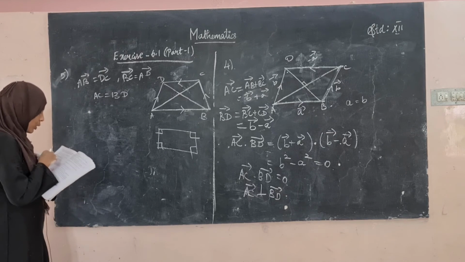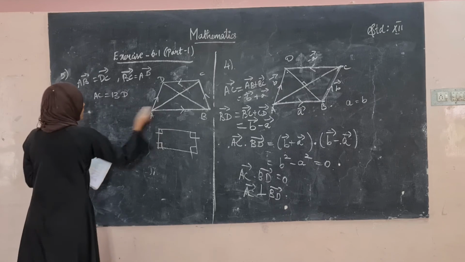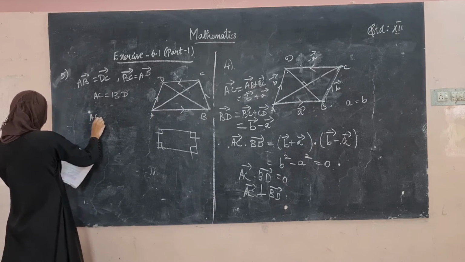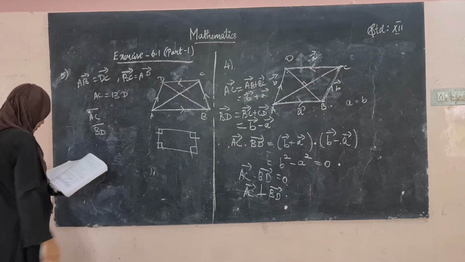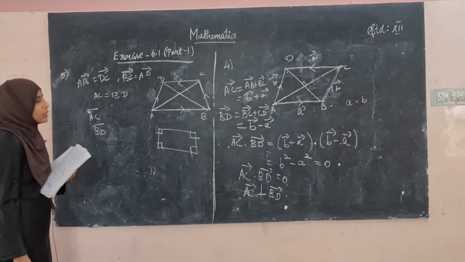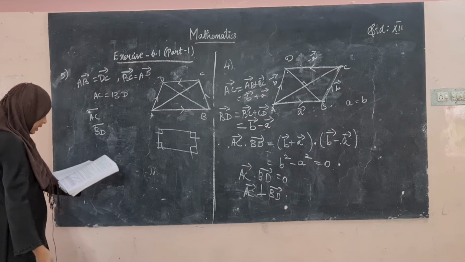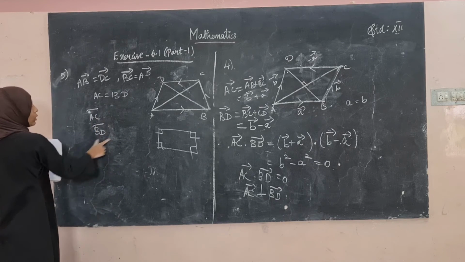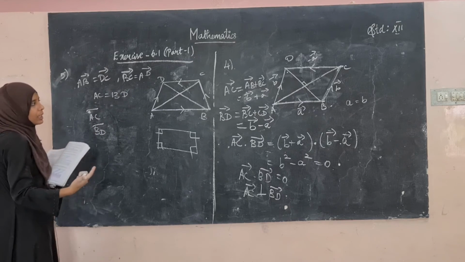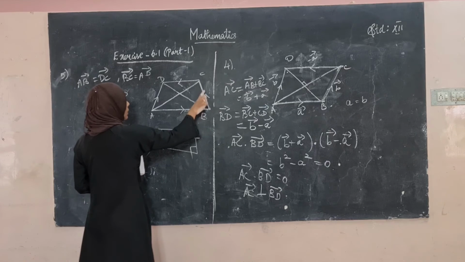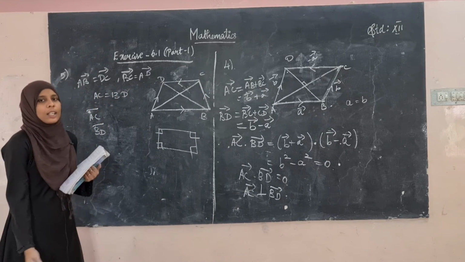After this, find AC. Just find the value of AC vector and then find BD vector. They have given that diagonals are the same. Therefore, AC square is equal to BD square. Equate that and equate the values that you are getting from here. You will be getting something is equal to 0. That is, you will be getting at last AB dot BC is equal to 0. That is, AB is perpendicular to BC. Then you can say that it is a rectangle.